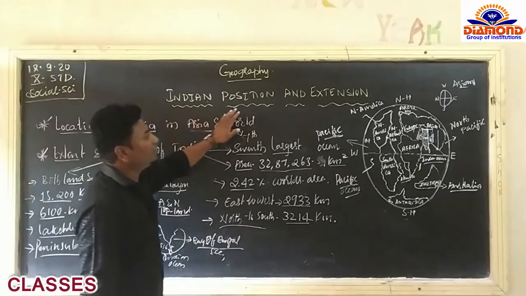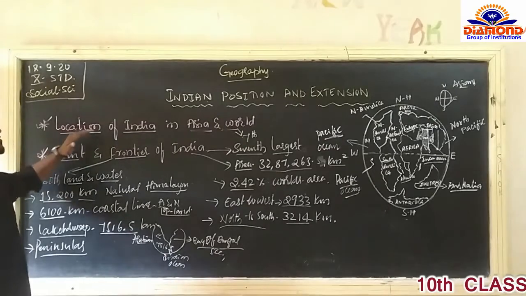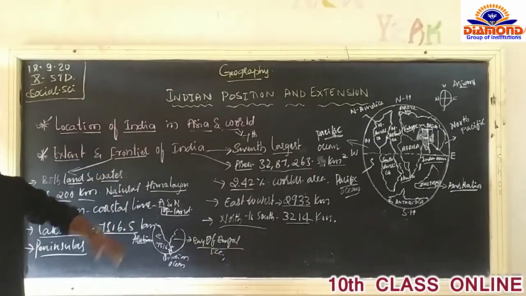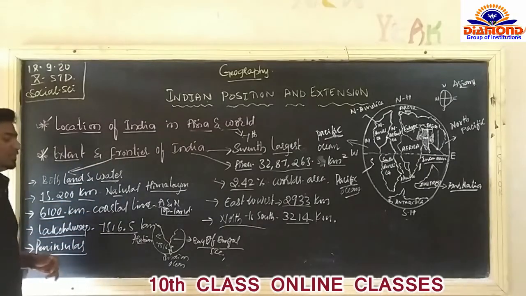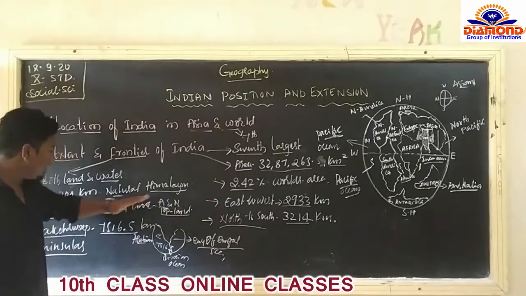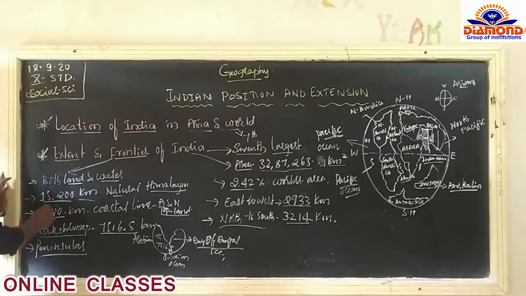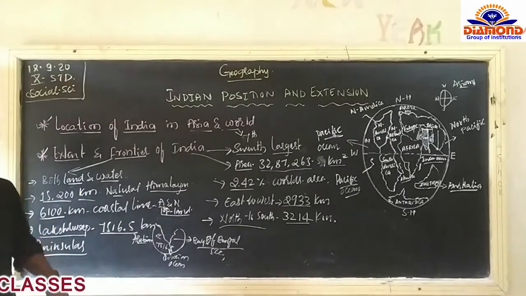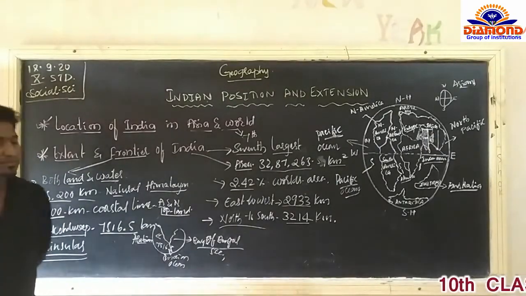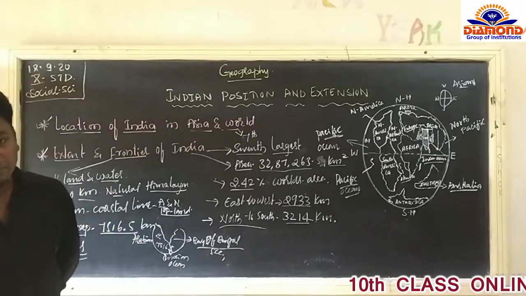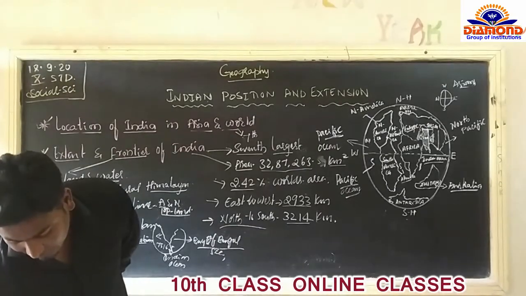So Indian position and extension: we find that the location of India is in the southeastern side. The extent and frontier of India are all important: the Himalayan range and the coastal area of our country. It is one of the peninsular lands located at the center. Okay, so the final thing about this chapter is